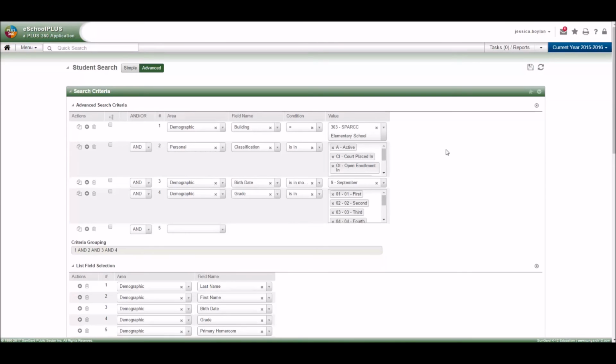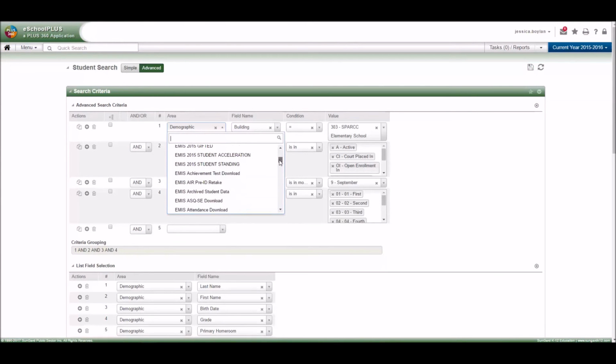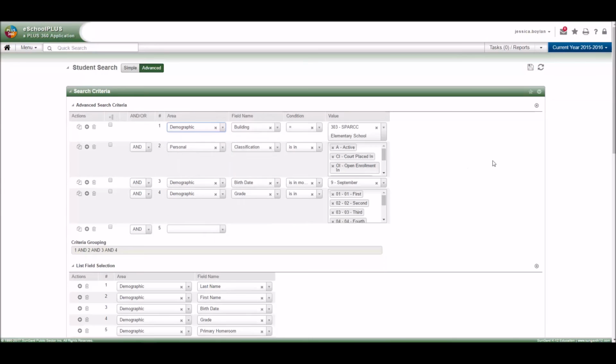Okay, so we just built an advanced search, and as you can see, this was a pretty simple search, but there are a ton of different areas that you can use to build some pretty complex reports. And one of the nice options in eSchool is that I can save my report to use later, so I don't have to remember how I created it. To do this, I have my advanced search that we just created up. I'm going to come up here to Save Search As,